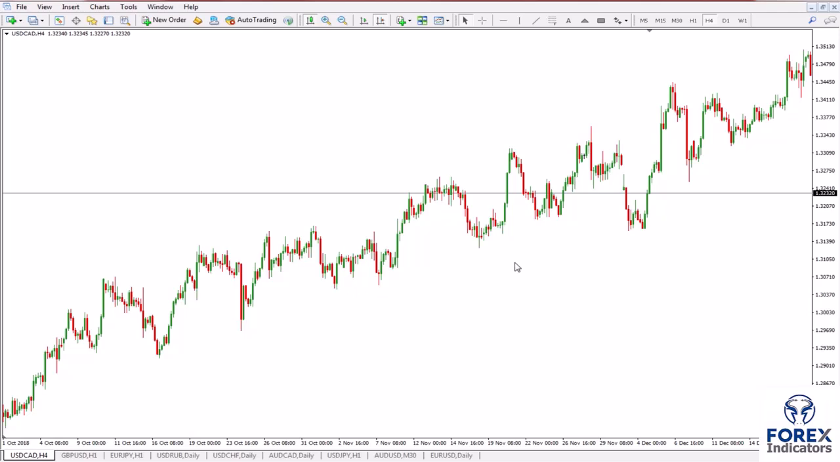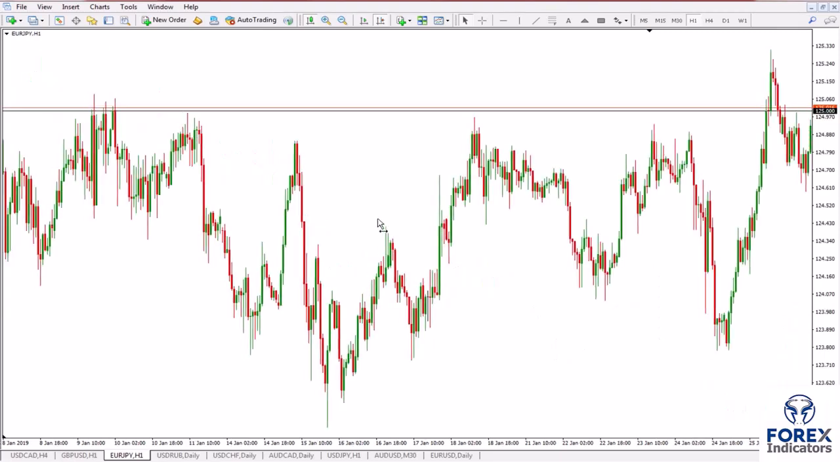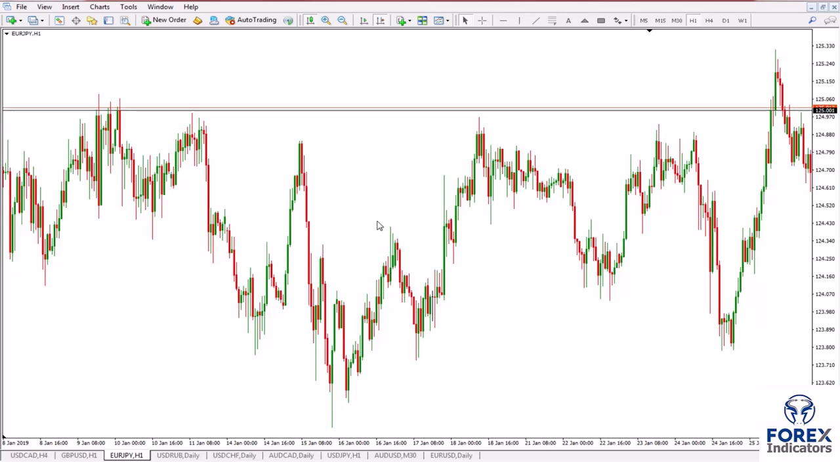Uptrend tells us that the bullish market is in effect, so traders are advised to trade in line with the trend, which means that they should open buy positions. Downtrend tells us that the bearish market is in effect, so traders are advised to trade in line with the trend. As for the sideways trend, my advice is to avoid trading with currency pairs that have movement without a clear